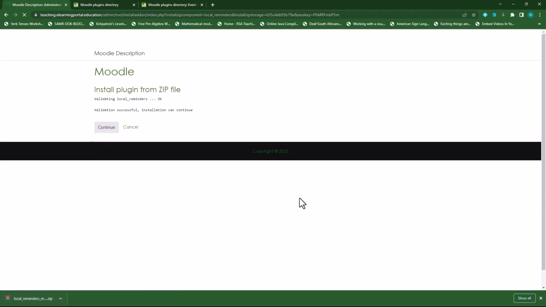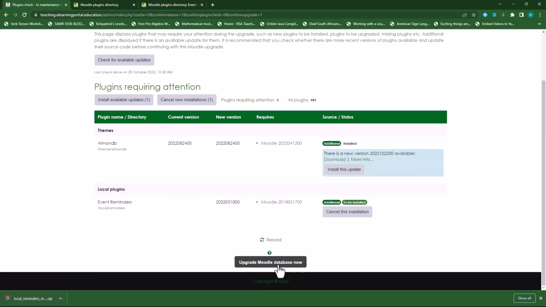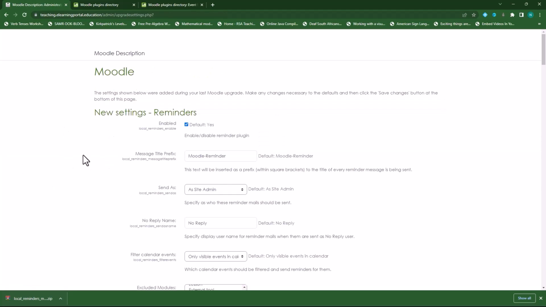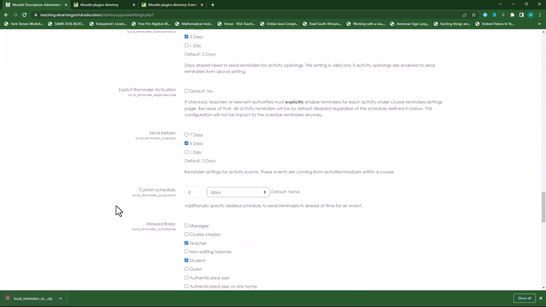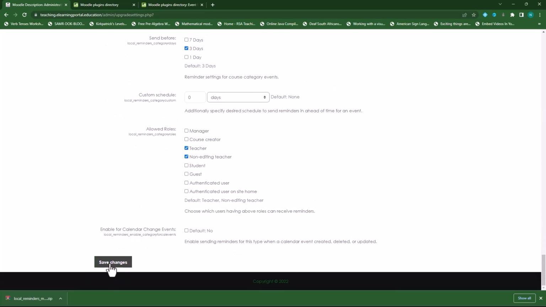continue. It's the same process as when we install plugins. Click on continue and then scroll down and click on upgrade Moodle database now. Let's click on continue here. Here in the settings page, you can actually leave everything on its default. You can read through it, scroll down,